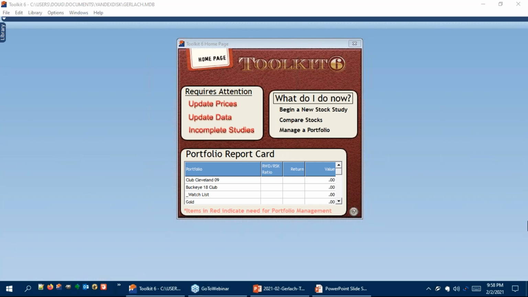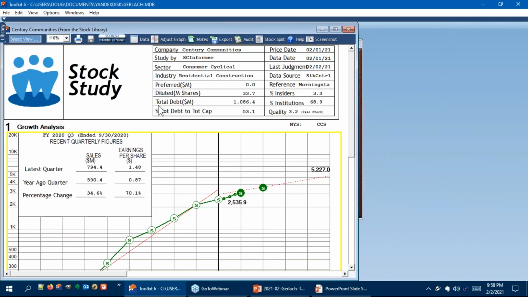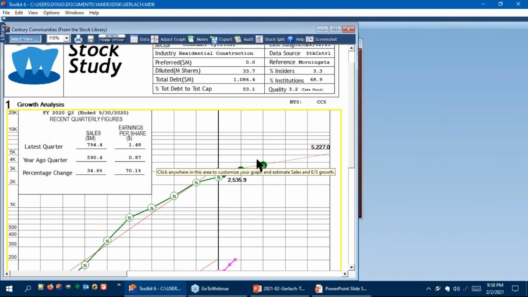You said, should we not include 2020 data to be up to date? Yeah, companies are reporting right now, so that's all coming out. Both these companies, LGI Homes and Century Communities, are only reporting through the third quarter. Both of them will have fourth quarter results in the next couple of weeks. So there are a couple of ways.